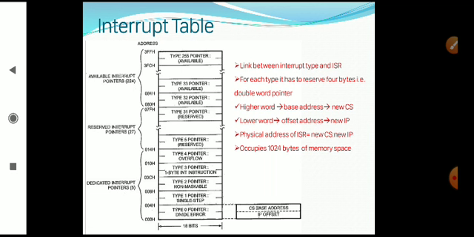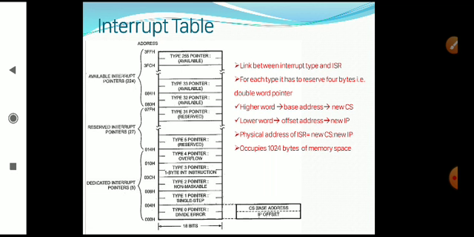So these are the two different kinds of pulses. Then the 8086 takes the help of the PIC to accept the request from the external device for calculation of the vector location.